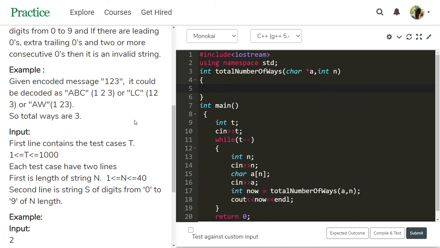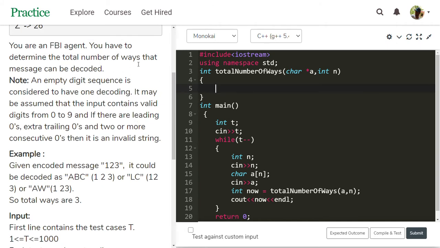See, this is the function totalNumberOfWays, char star a, int n. This is the beginning, so come to the problem. First, an empty digit sequence is considered to have one decoding. Nothing but if there is no n value, that means it is not a digit, so check isalpha, then return 1.